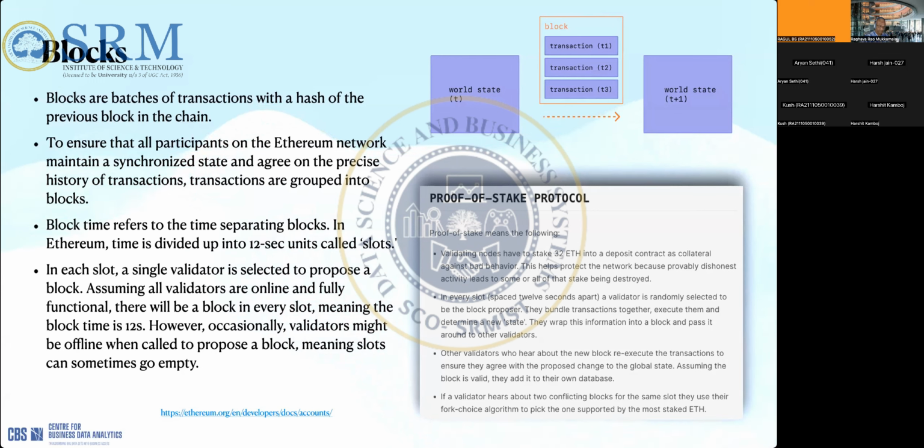Then after 12 seconds, a new slot will come. Sometimes, if the node is inactive or has some technical difficulties, because 12 seconds is a very small amount of time, the block will not be generated in time. So you might have some empty slots left over.